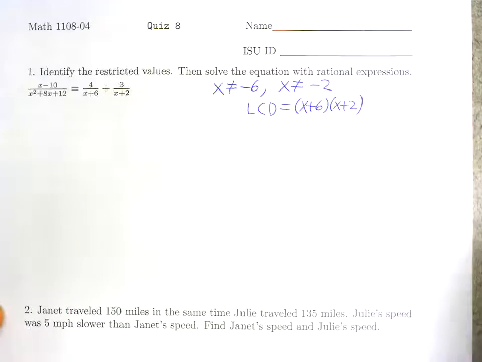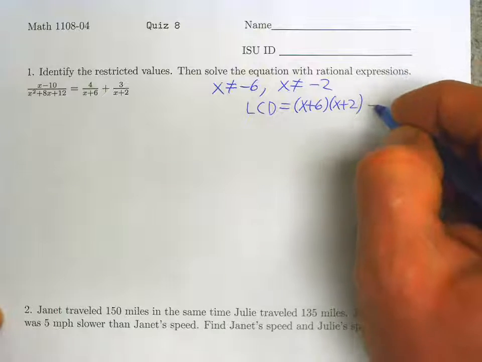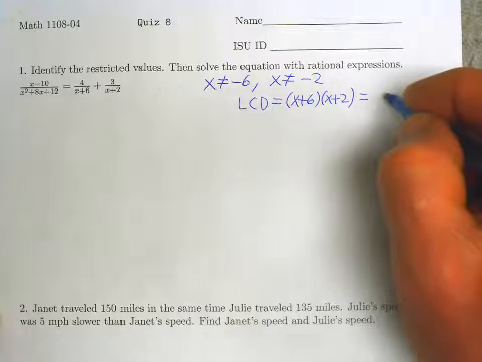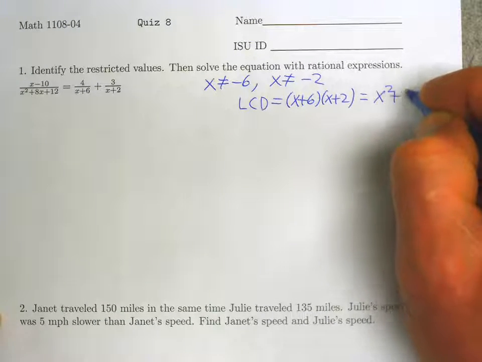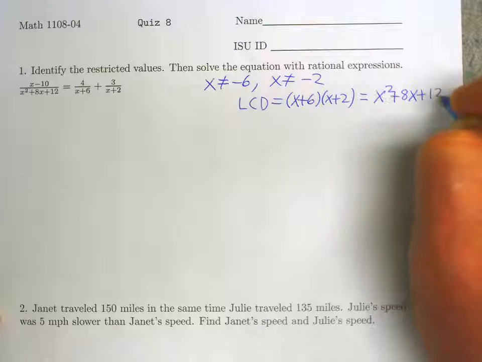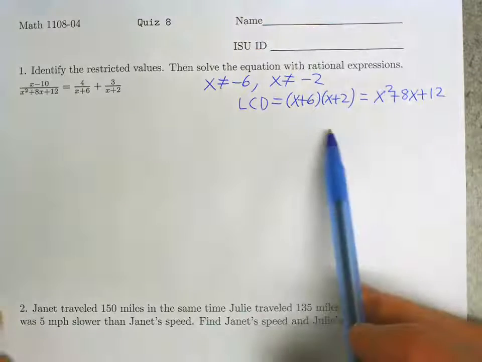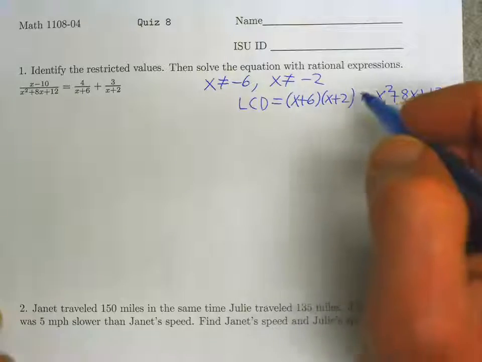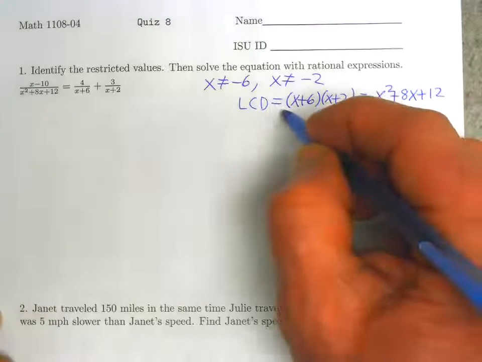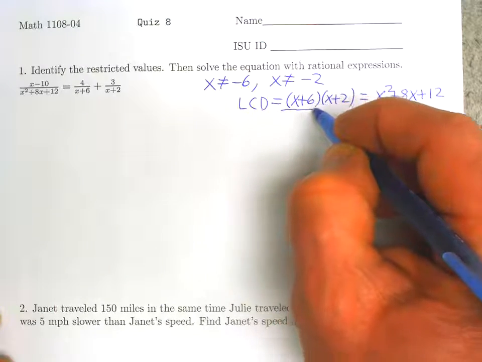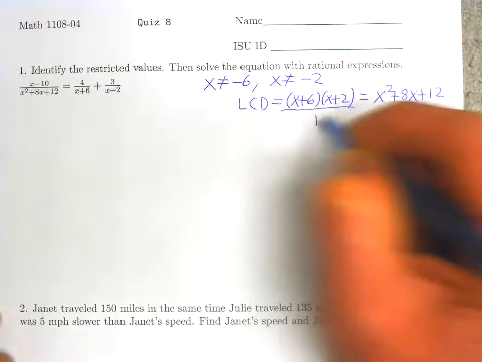You can write it in factored form, or you can write it in expanded form as x squared plus 8x plus 12. Either way is permissible,